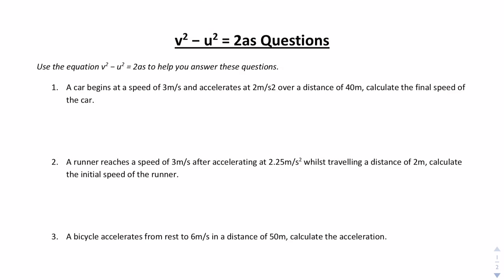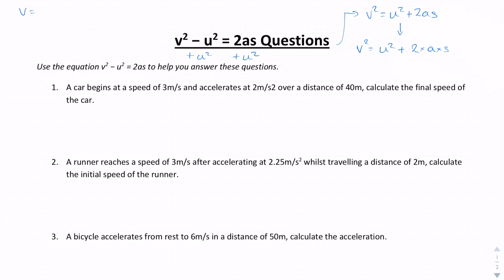Before we start answering these questions, it's worth taking a look at our equation. v squared minus u squared equals 2as. It's worth noting that this equation can be rewritten by adding u squared on both sides, which gives you v squared equals u squared plus 2as. It's also worth remembering that this equation is essentially v squared equals u squared plus 2 times a times s,